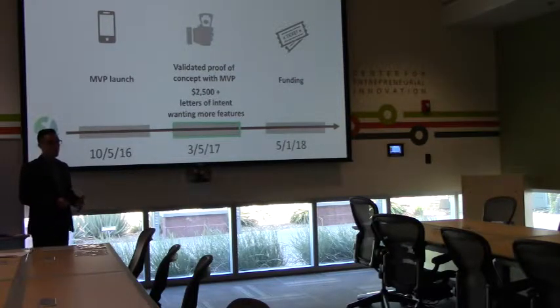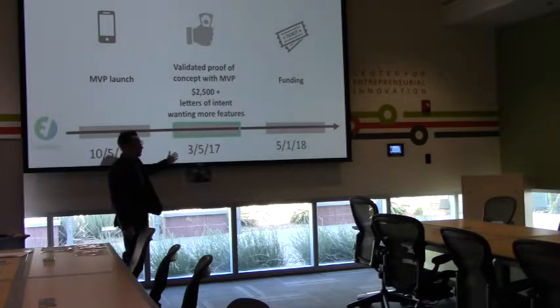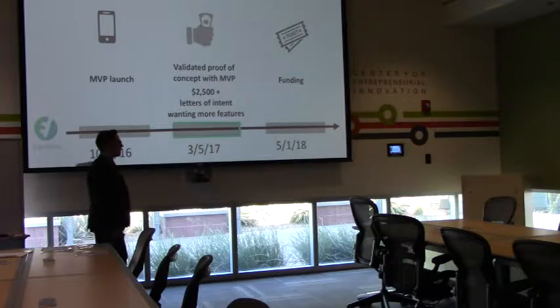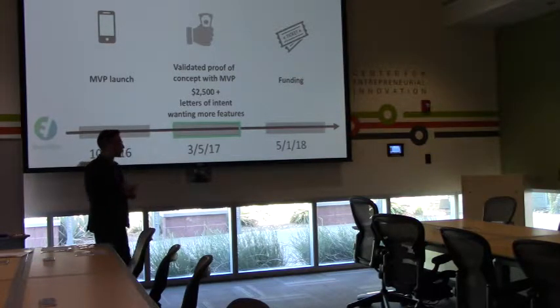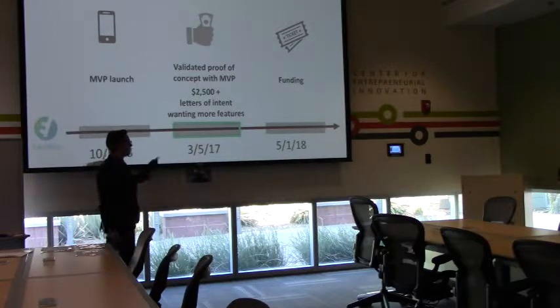My rule for anyone to work with me is that they have to invest in the company. Jay happens to be an accredited investor, so I sold him 0.5% to be able to join the company. And then we validated the product that we had, the MVP. It's like version 0. It's so very little features that people were willing to pay for those features. And we monetized to $2,500 and several letters of intent.